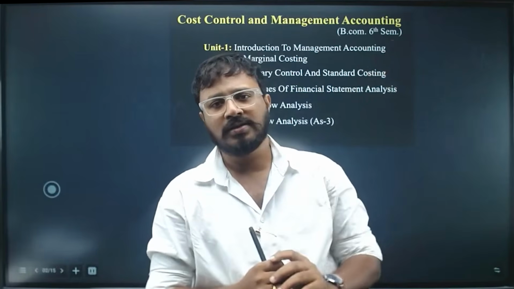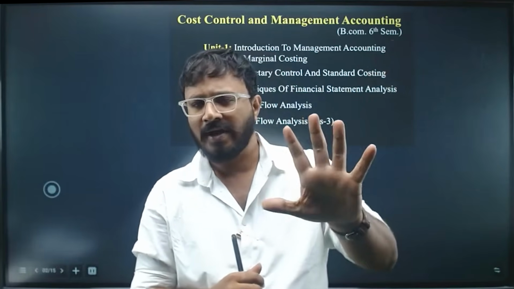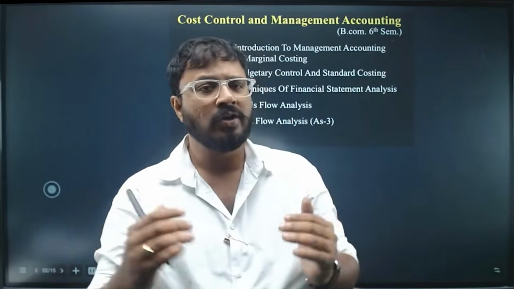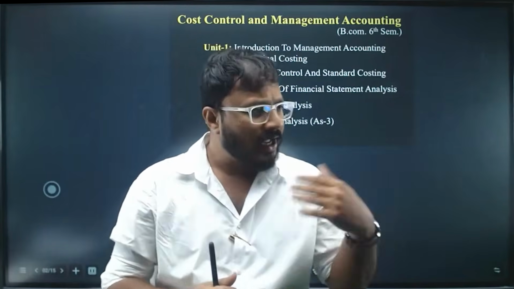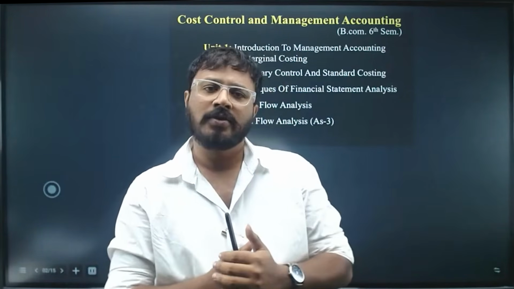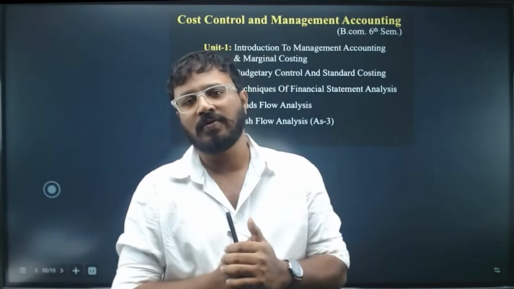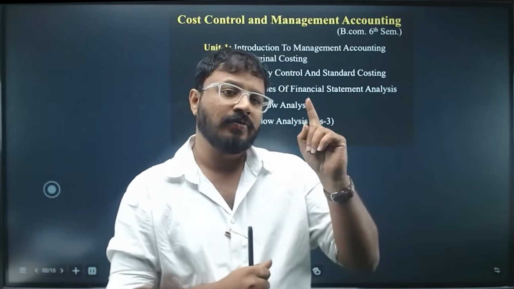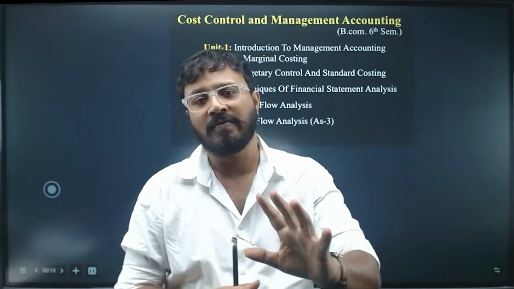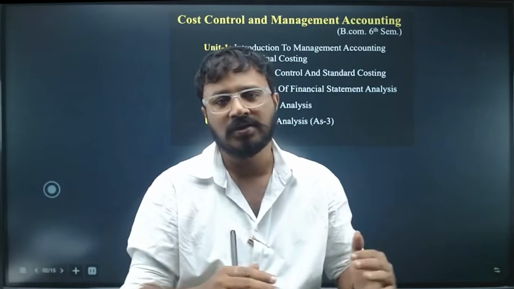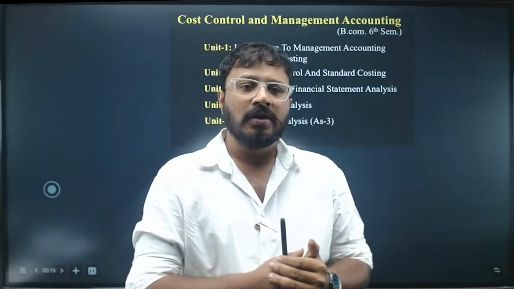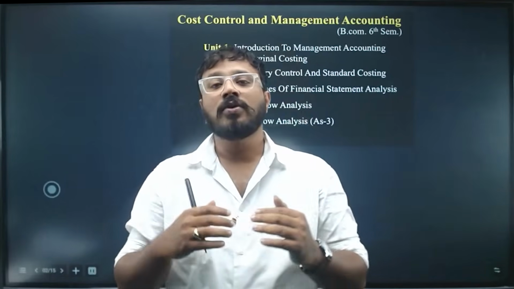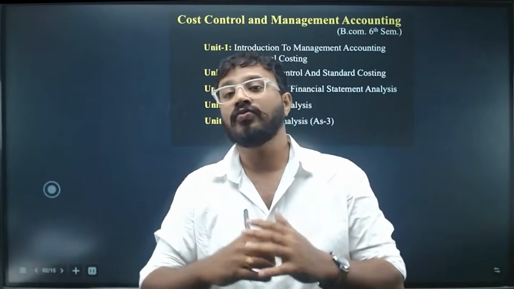Part A short answers can be from any unit. I mean, 5 units we have, right? Total 8 questions will be coming. Can be problems, can be theory. So we cannot guess much what will be coming, right? But for sure there will be a question from every unit, so you cannot skip at least one unit as well. In this video, we are going to focus more on part B,